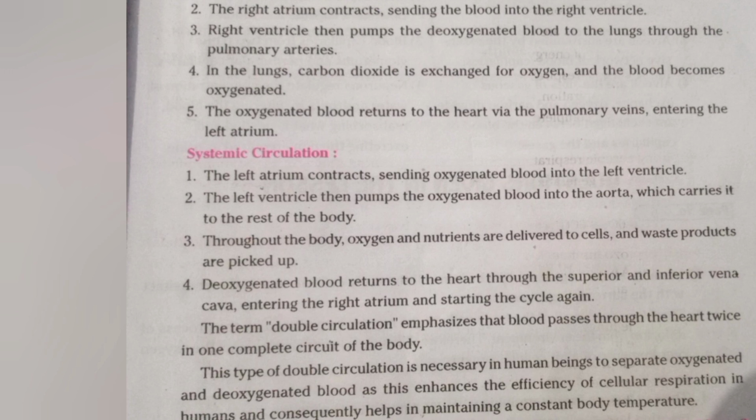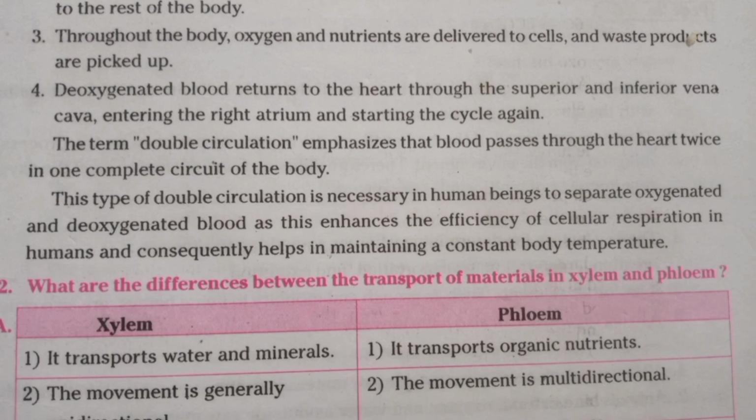Systemic circulation. 1. The left atrium contracts, sending oxygenated blood into the left ventricle. 2. The left ventricle then pumps the oxygenated blood into the aorta, which carries it to the rest of the body. 3. Throughout the body, oxygen and nutrients are delivered to cells, and waste products are picked up. 4. Deoxygenated blood returns to the heart through the superior and inferior vena cava, entering the right atrium and starting